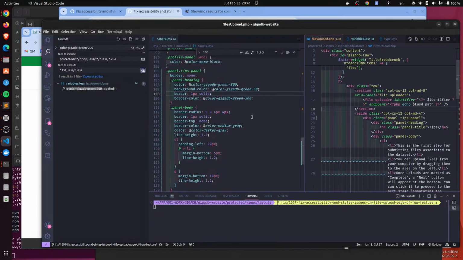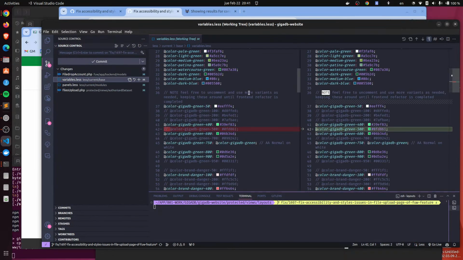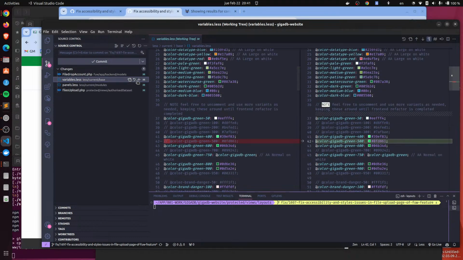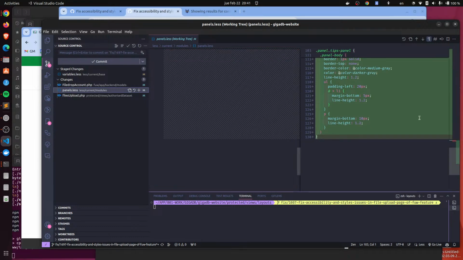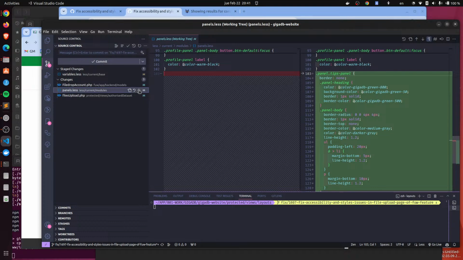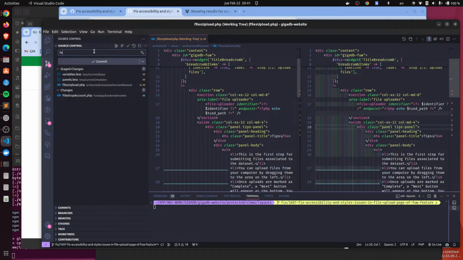Okay. So let's take a look at what we have done so far. This is okay. This is okay. This is also okay. And this is also okay. So let's restyle panel tips panel. There you go. Okay. I think I could continue, but